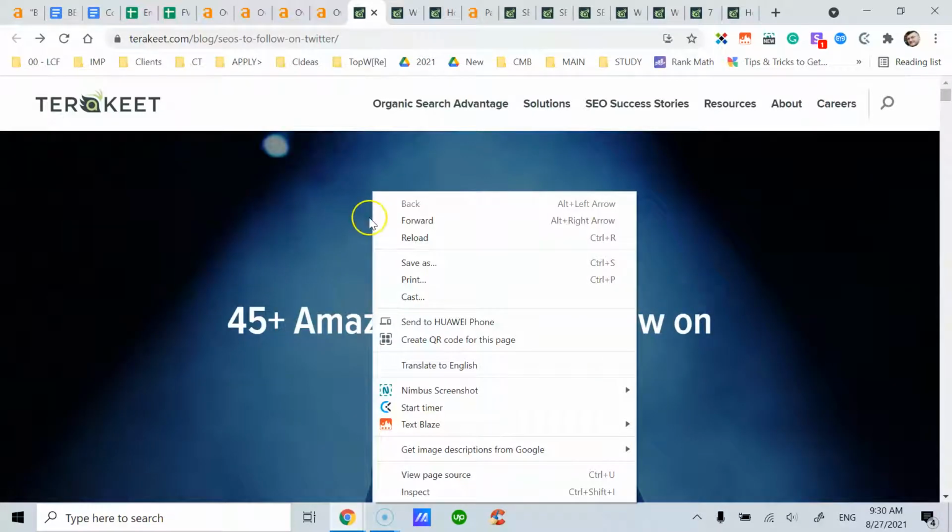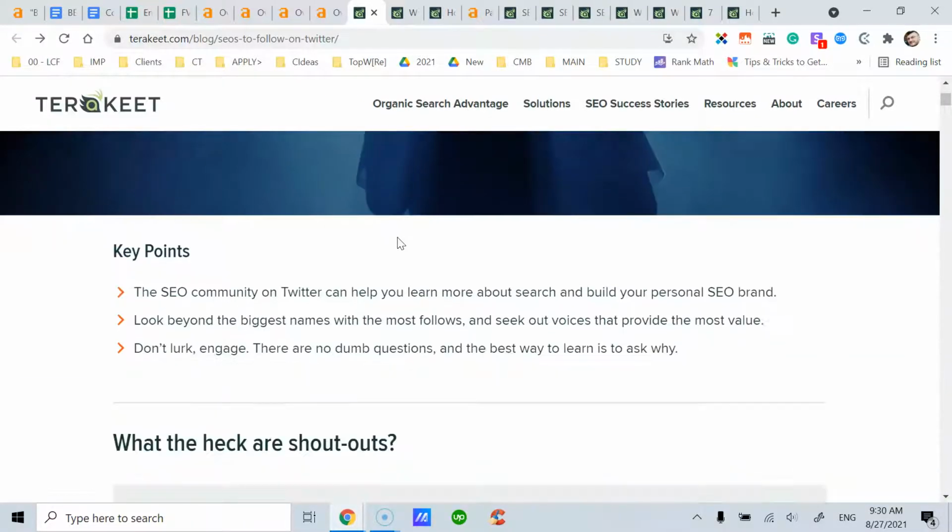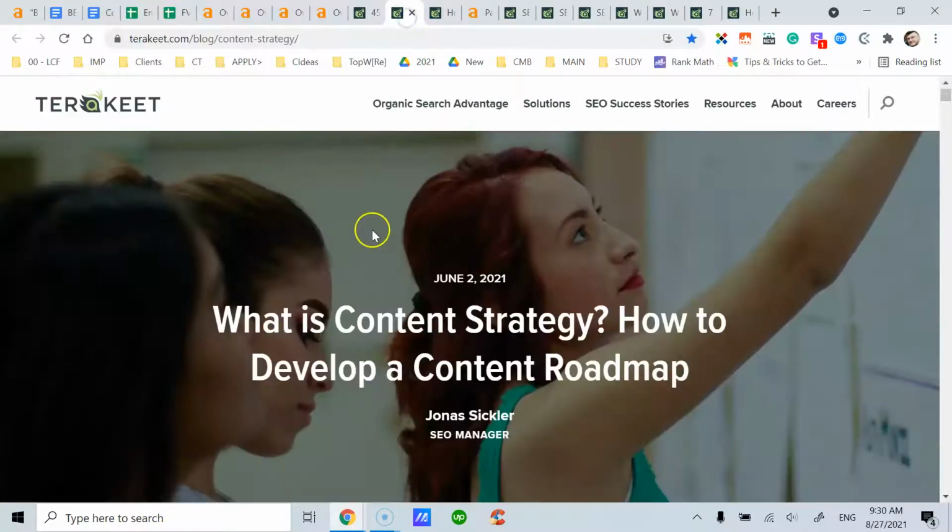because if I right click with the mouse, I cannot find the option to save the graphic, the image. So this is not the graphic in itself. It's built into their theme, I guess, or into their page. What you notice is that